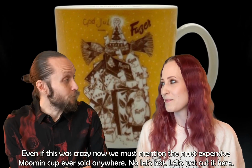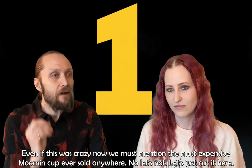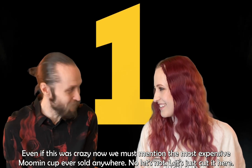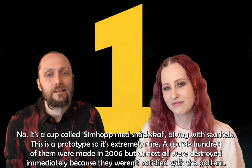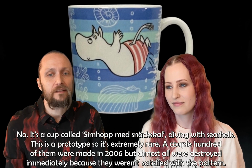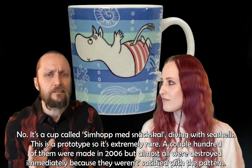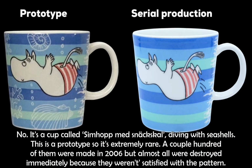But even if this was crazy, now we must mention the most expensive Moomin cup ever sold anywhere. It's a cup called Simhopp med snäckskal. It's Diving with Seashells. This is a prototype, so it's extremely rare. A couple of hundred of them were made in